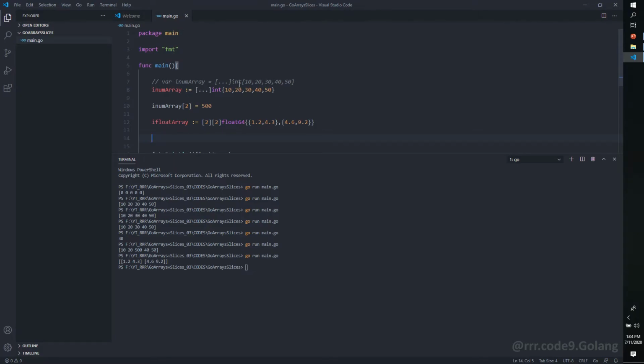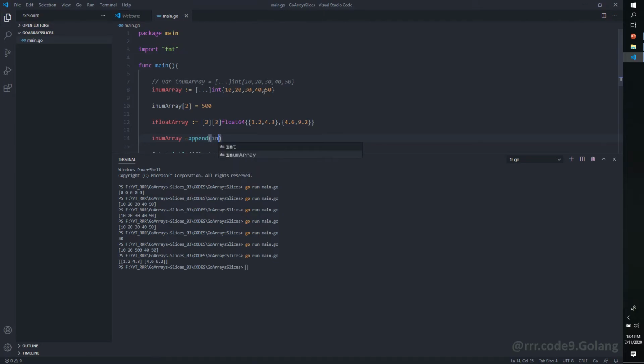So for example, here we have defined this array with 5 integers. If you want to append another integer, this is not going to be possible for an array. So let's demonstrate that. I want to change this inum array, and I want to append another value. So we have to use the append function in Golang.